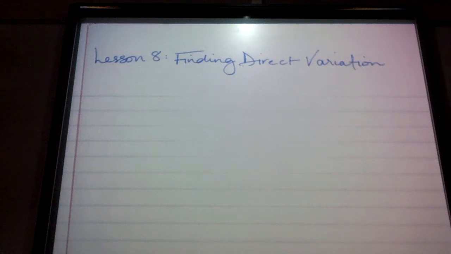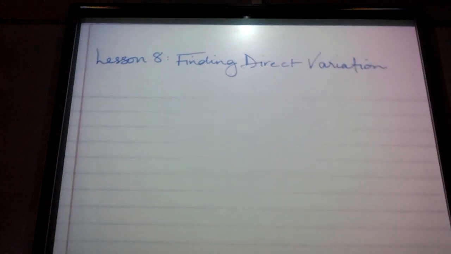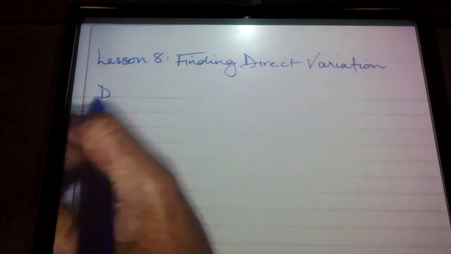Right, Algebra 2, or Advanced Algebra, however you'd like to call it. We're going to jump into lesson number 8, finding direct variation. So direct variation